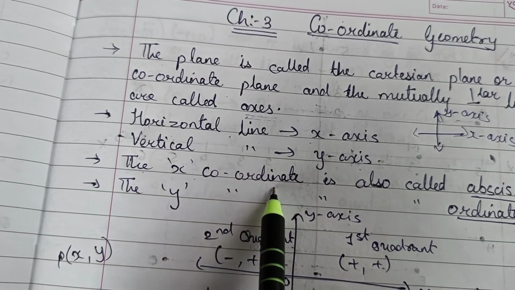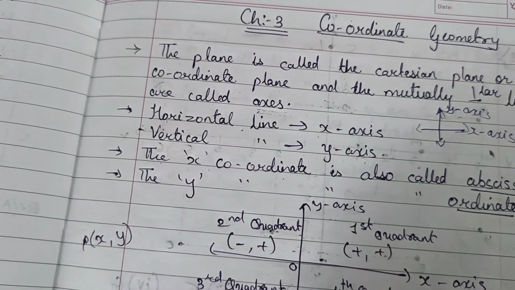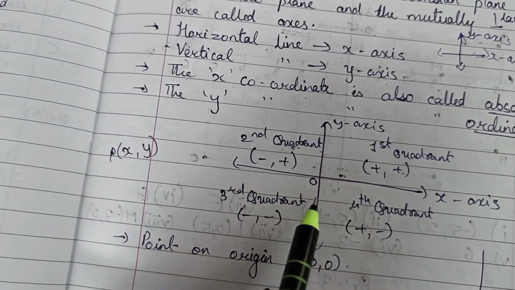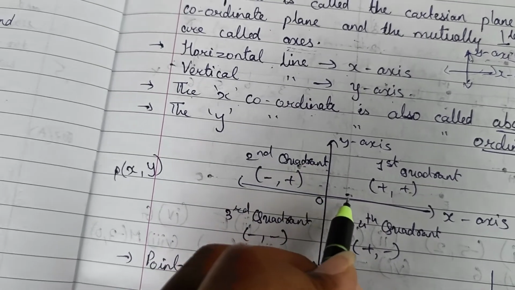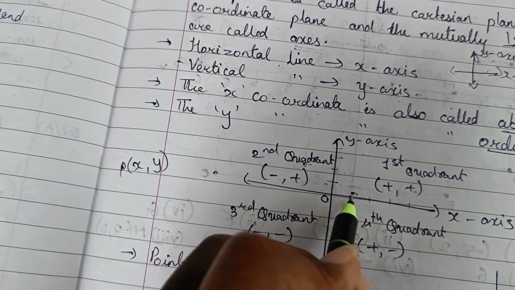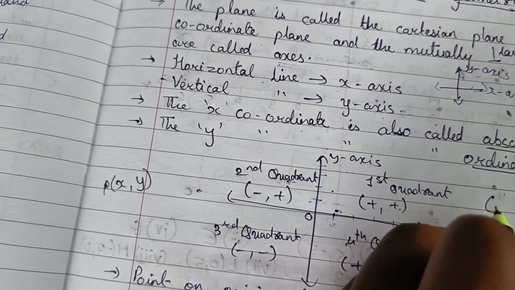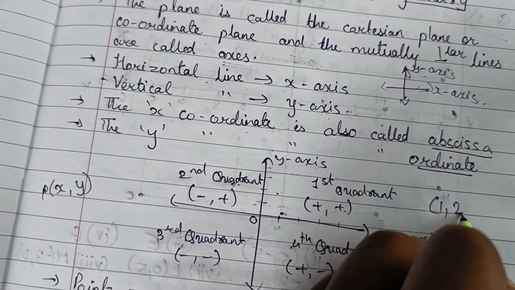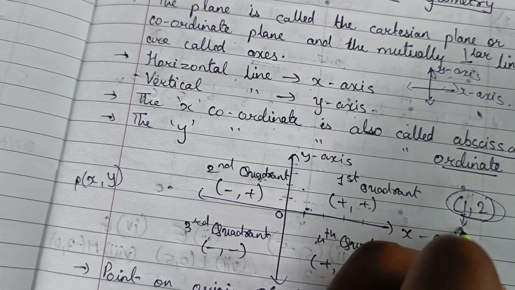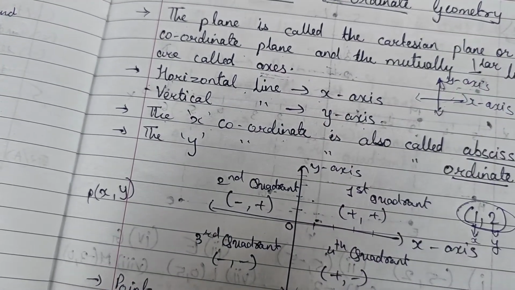The x coordinate. See, in your graph you have coordinates. Suppose this is your graph, and in this graph you have points. Suppose you have 1, 2, 3, 4 over here, 1, 2, 3, 4 over here. So suppose you have 1 on the x-axis and 2 on the y-axis, then how will you write it? You will write it in coordinate form, that is (1, 2). This way you have to write the point. This means this point is x and this point is y. You have to write everything in the form of coordinates.